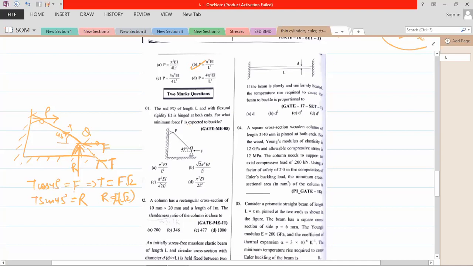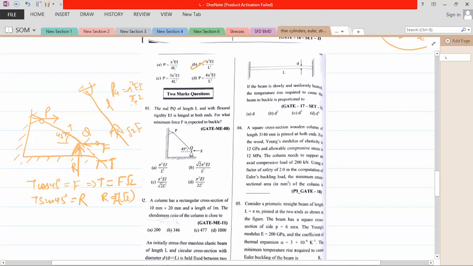Now what we go is, because you know the length. Okay, you know the length. Now you can simplify the condition like this. This is a rod, this is your length, and a force of root 2 F is applying. What is the critical load? Both ends are hinged, so you can take it like this. And now you can simply put the equation P critical is equal to pi square EI upon LE square.